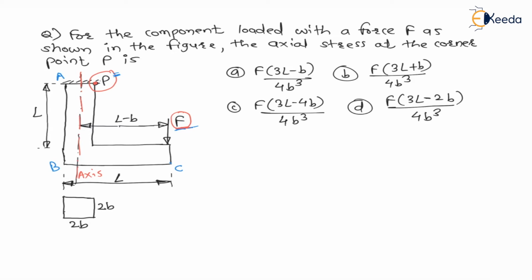Means let us consider, I am considering here AB element. Let us say here I am drawing AB element. This is the fixed end, and here this is the A end, and let us consider this point as B, and this is the axis of AB element, right? And point P is situated at corner on section A. Here point P is there, right?